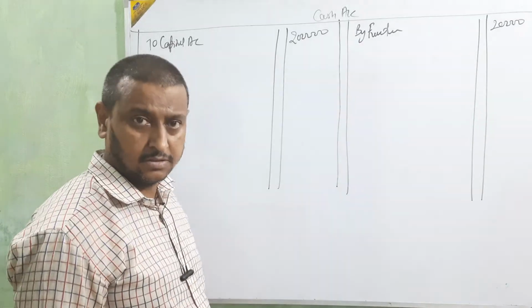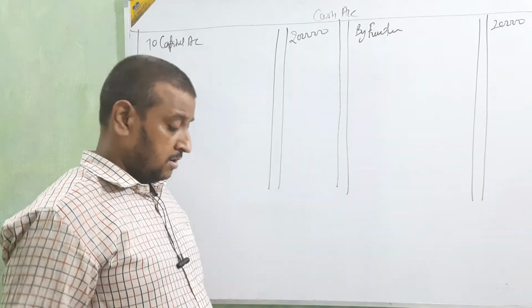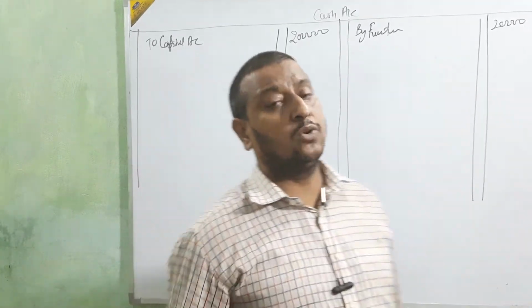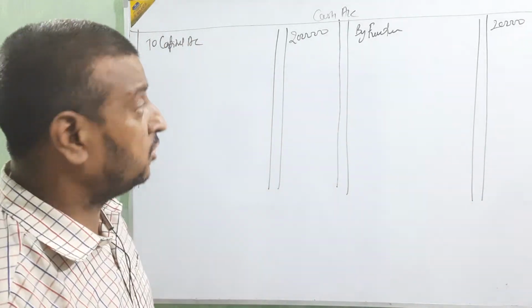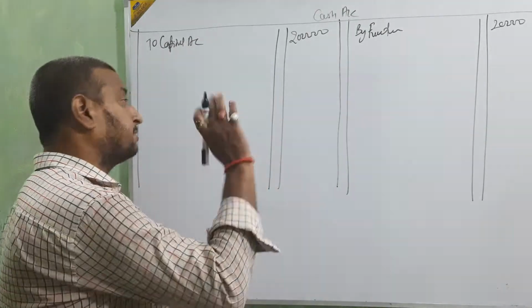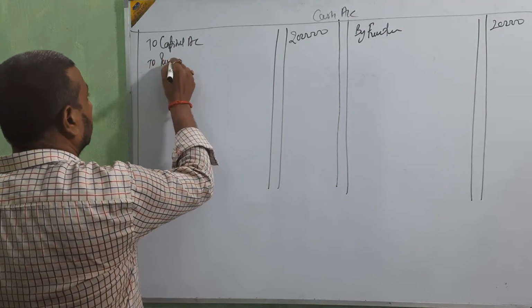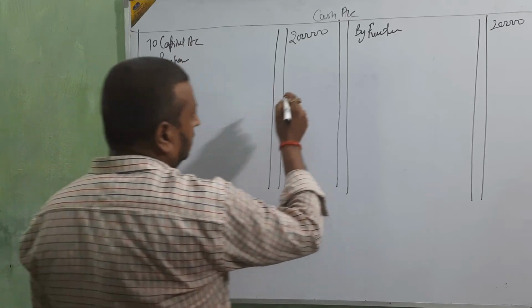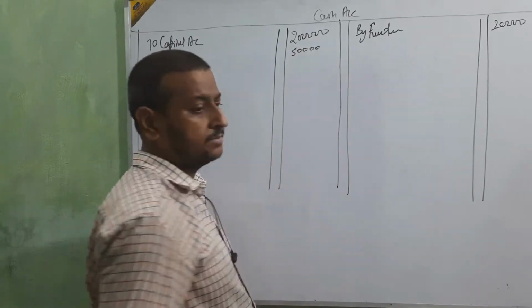Purchase account debit to cash account, 50,000. Okay. Here again purchase account debit to cash account. Cash account is there, so certainly it is transferred to the cash account. To purchase, amount 50,000. Okay. Next.